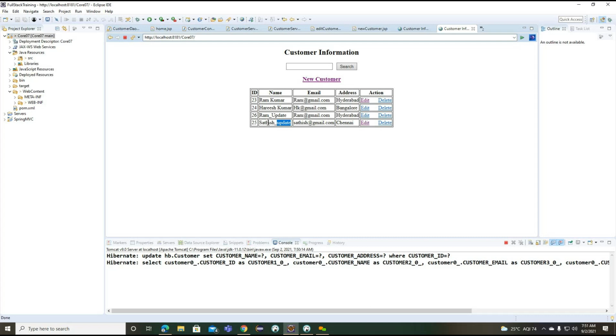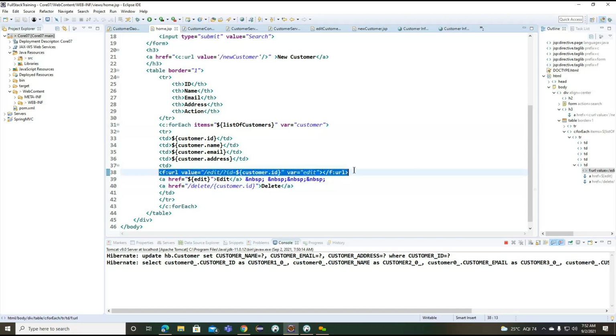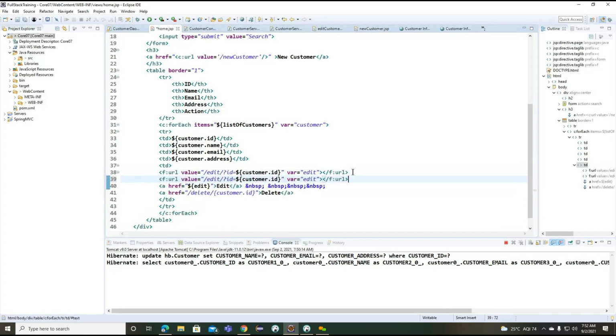Now what we can do, we can delete this particular object here. Getting the point. To delete this particular object here, again we need to change this particular logic here. Okay, here what is the logic we can change here? I want to copy one more URL here, and this will indicate delete here. Instead of edit, we need to delete the particular object here. Getting the point. So whatever object we are selecting here, the particular object we need to delete here.